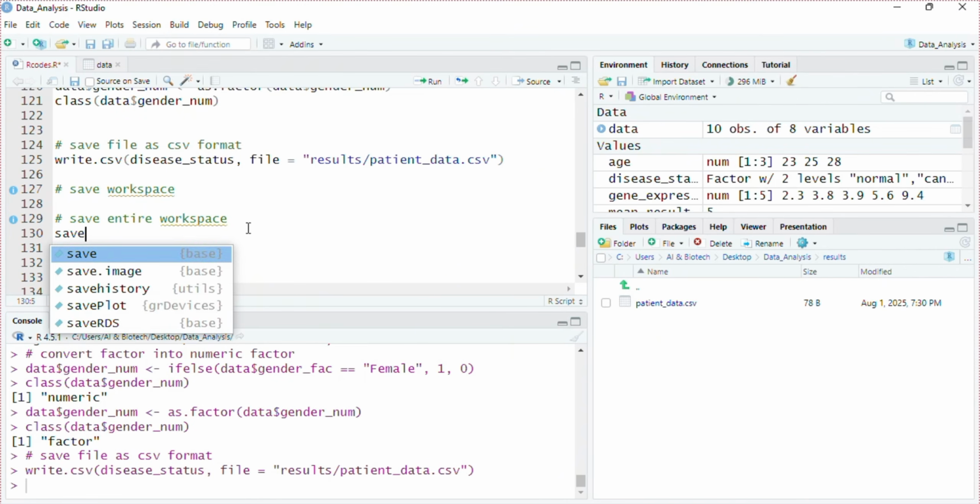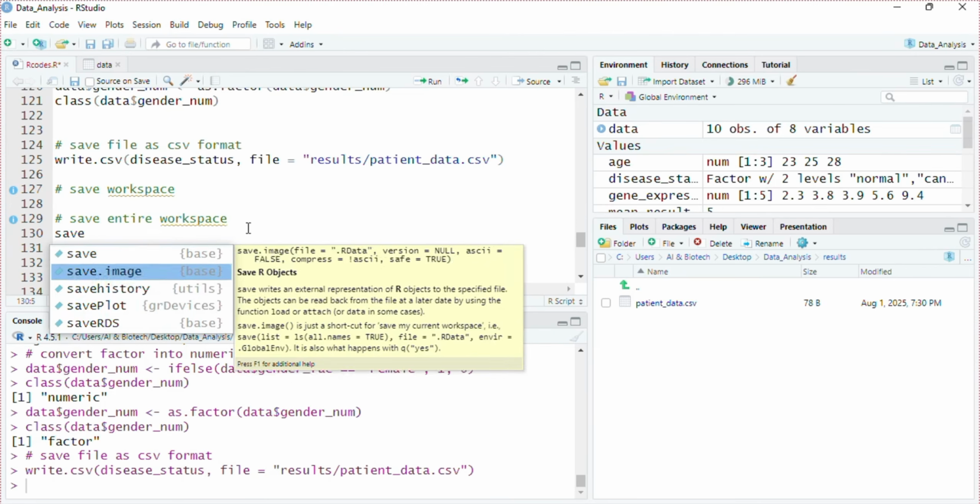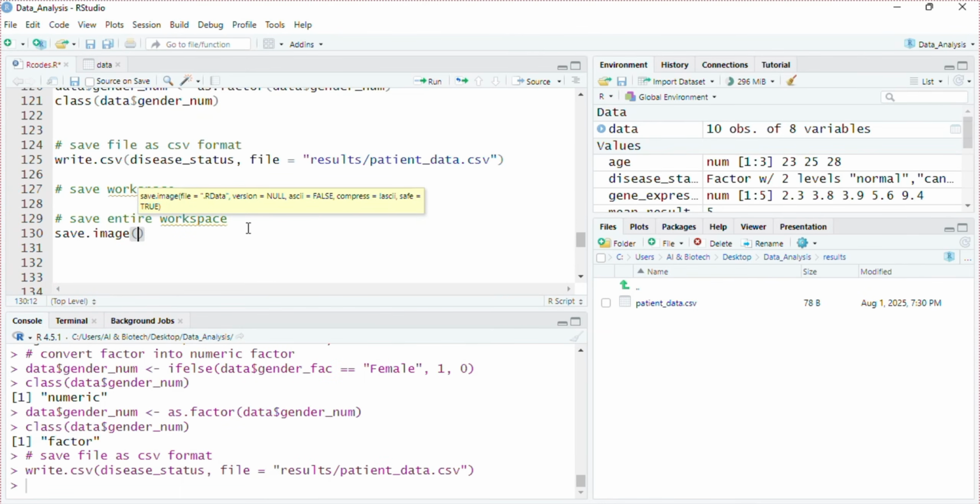Just at this time I will add the file name, that will be R data. R and D is capital. So let's save it. So you can see here the full workspace RData is saved in the main data analysis folder.